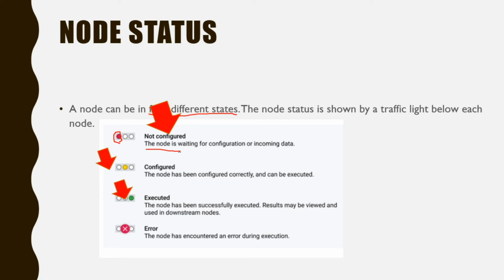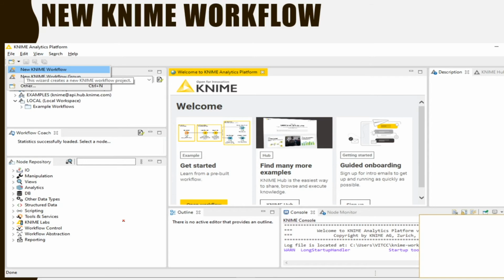So we are going to visualize three important statuses. It can be not configured or configured with yellow color and green color for completion of execution. If any node has encountered any error during execution, then you could see a cross symbol in the second panel. In the second signal we could see this cross symbol. So these are the various node statuses. So we have seen what the node is all about, and we have seen the various statuses that can be configured with this node status. So this is your error. So let us start with the KNIME workflow.